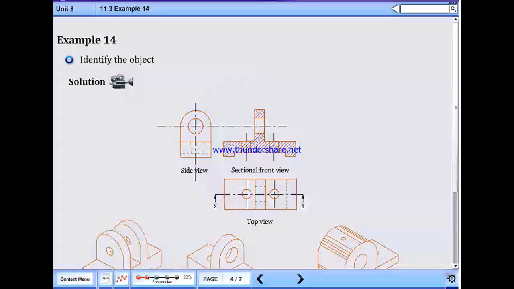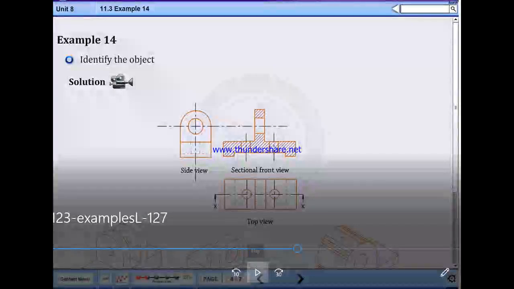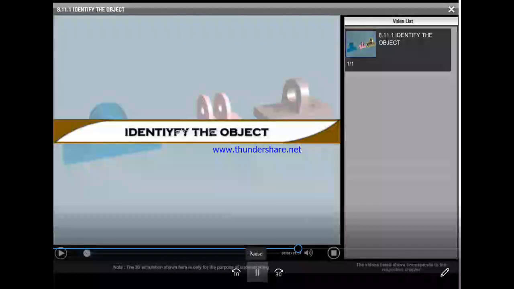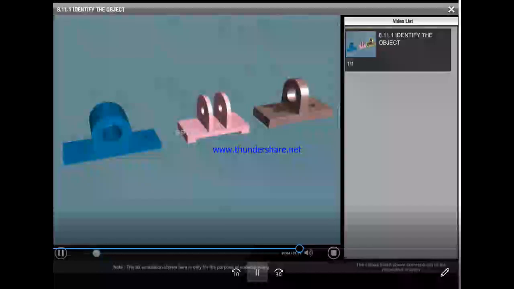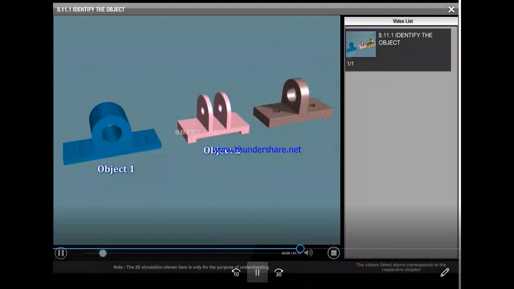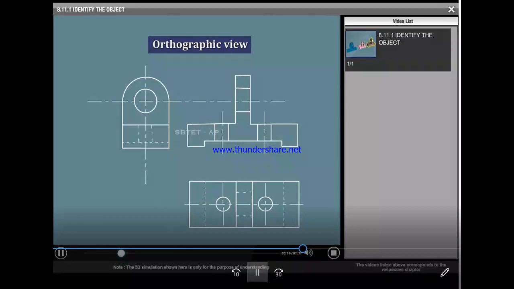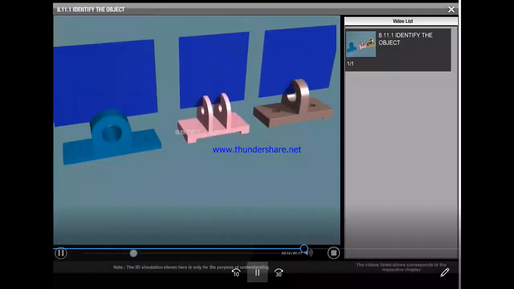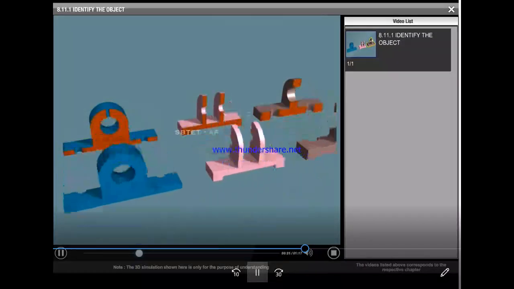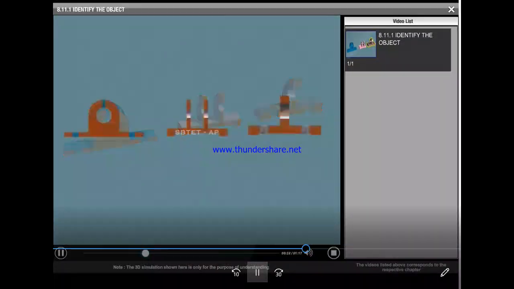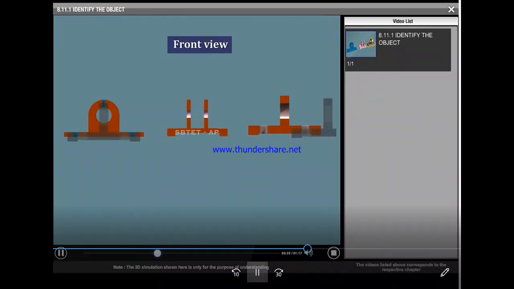Now example 14, again see. Identify the object. In this, three orthographic views of an object and pictorial views of three different objects are available. First, match the given front view with the front surface of the three components.